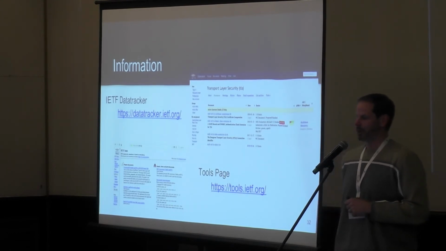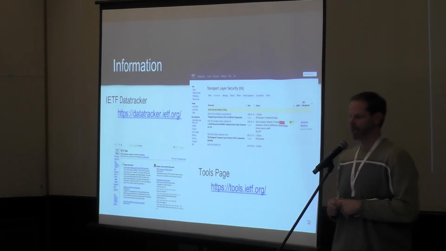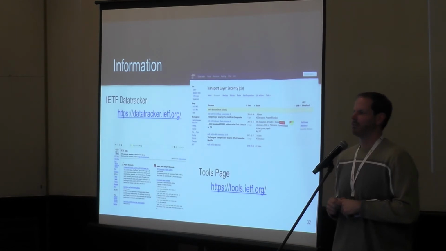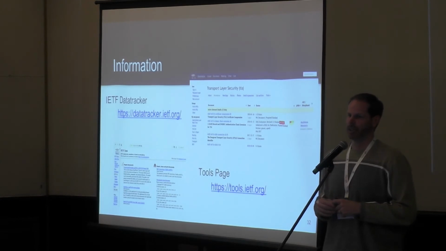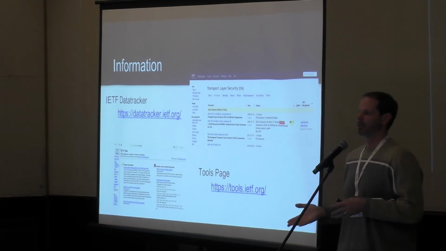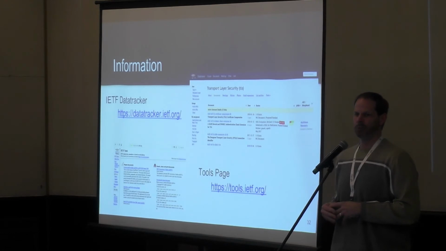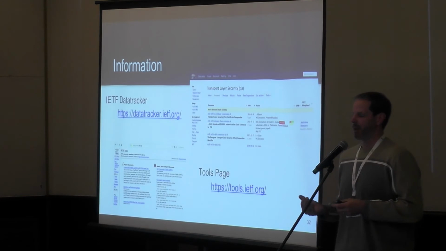All right, I'm going to spend a little bit of time on this slide because I want to make sure you understand where you can find very detailed information about documents or work you're interested in. The IETF data tracker is pretty much a catch-all for the actual working group and document process within the IETF. It allows working group chairs, document authors, and IESG members to track what's going on with a particular document, and that's all documents. So you can find information about the history of a document.